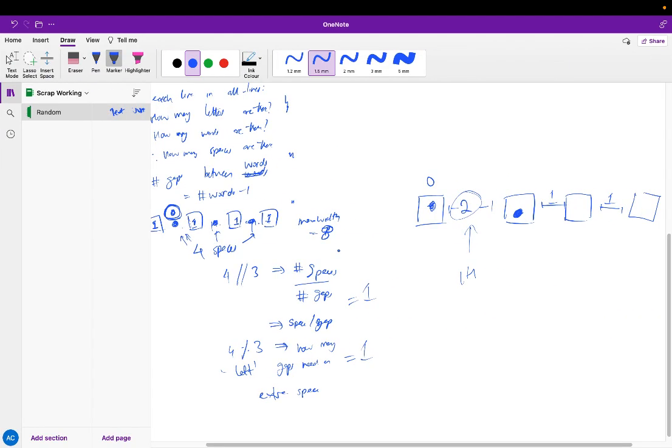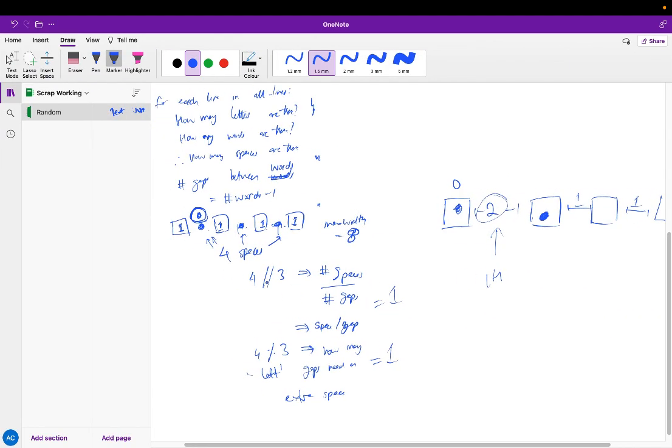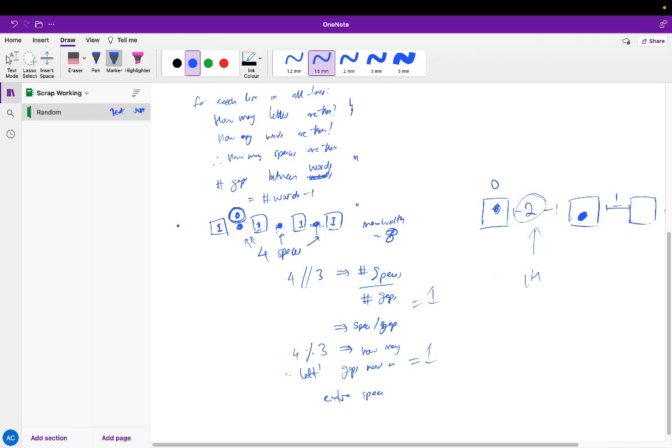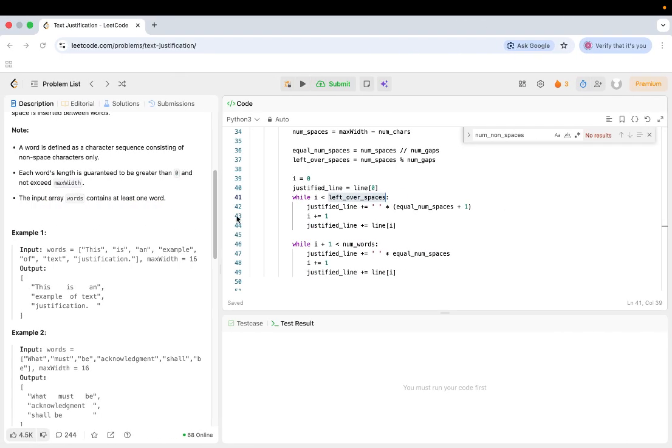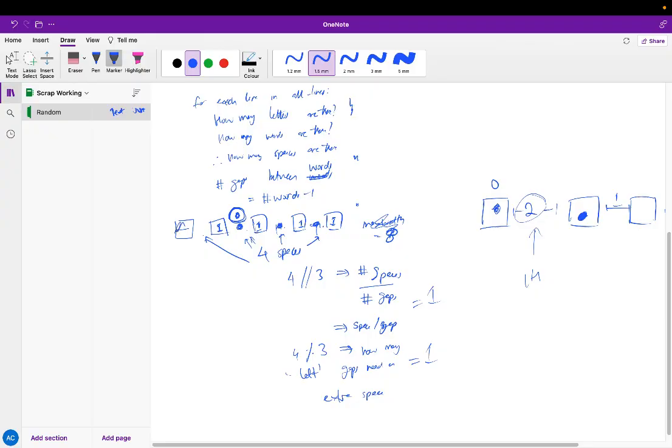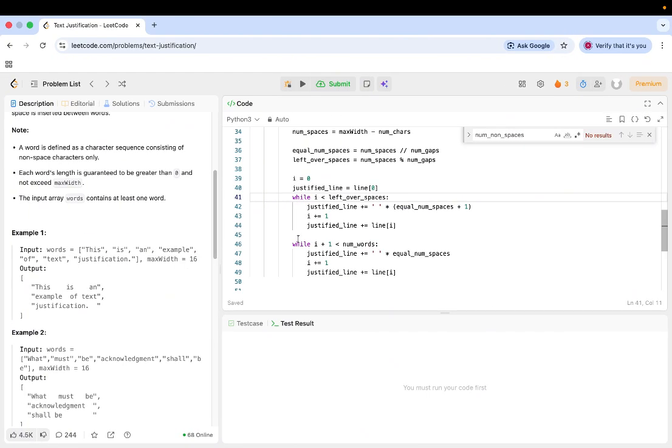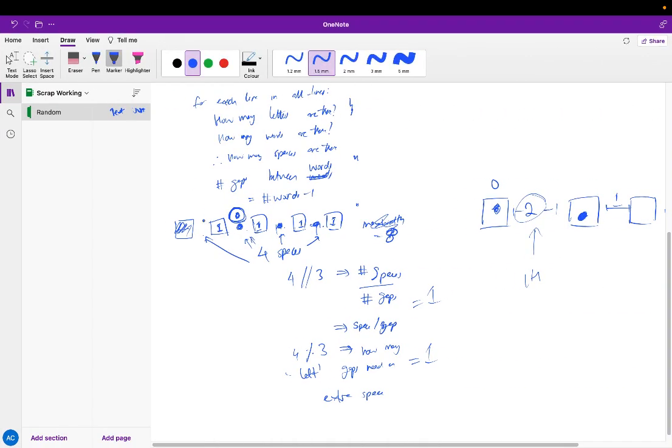What if the modulus goes to 0? What happens? Okay, let me try that. So let's say that we had 4 spaces. So we had 4 gaps, and we have 4 spaces for it. Then, obviously, ignore this. Then you have your word. Well, actually, this while loop just won't run. Justified line starts at the first word, so that's definitely already written in. The while loop just won't run, and then you go down to here and you say while I plus 1,